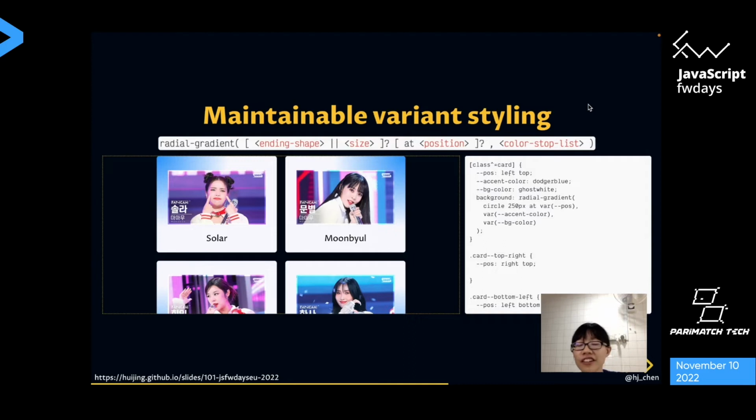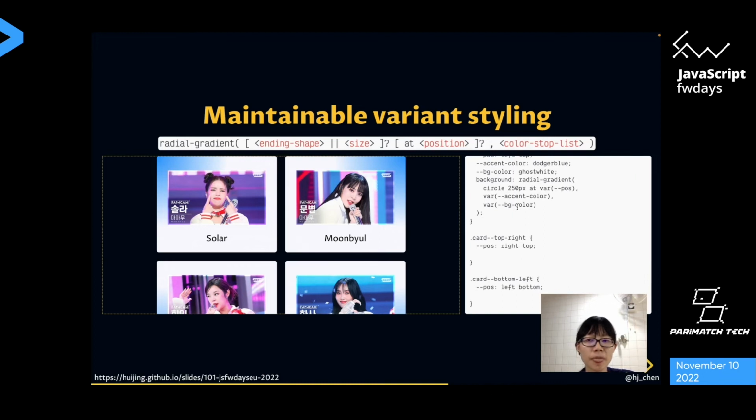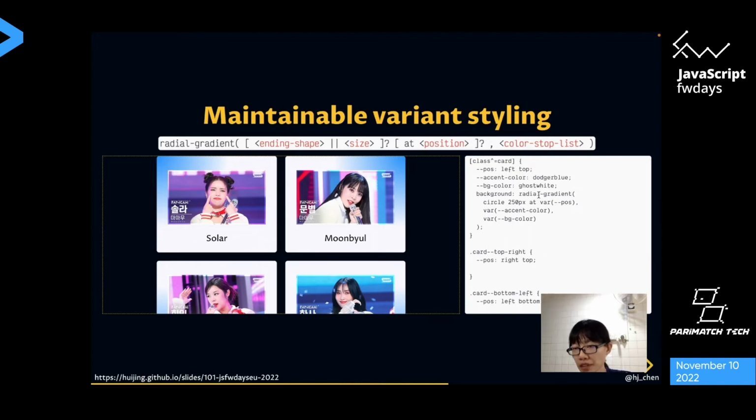So background has lots of component parts. And specifically, let's talk about radial gradient because it's fun. It has quite a lot of components to it for different aspects of the gradient. By assigning my component values to CSS variables, the code for my variants becomes a lot neater, because rather than having to redefine background and rewriting the entire radial gradient code,